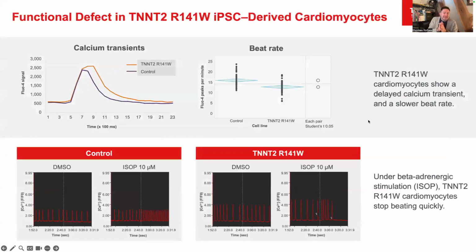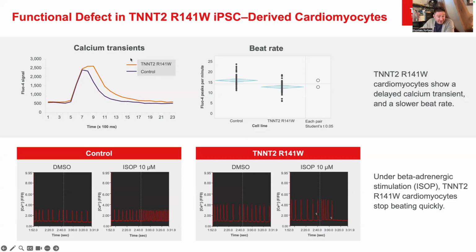What they did next is examine functionality, which is obviously important in the setting of an organ like the heart, in the mutant cardiomyocytes by monitoring calcium transients, right? And so, again, under normal circumstances, calcium transients in the cytosol play a really important role. They control each cycle of contraction and relaxation